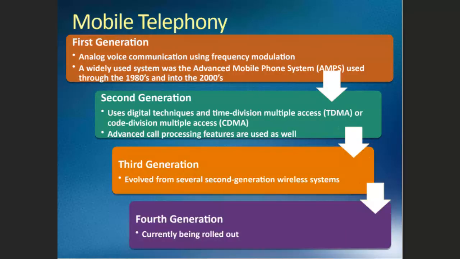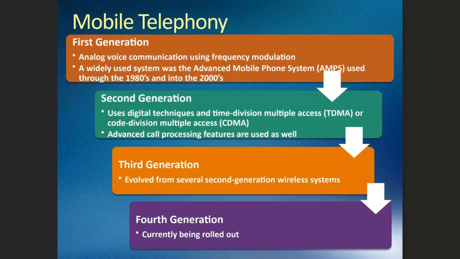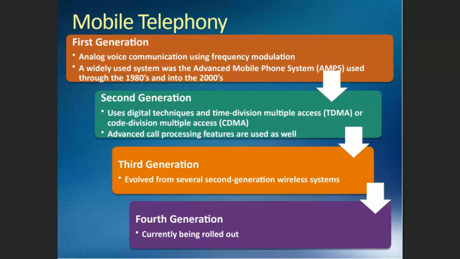We talked about the generations of cellular networks. The first generation was analog, very slow, did not support data, only voice. Then the second generation was using TDMA or CDMA. Then the third generation had data, but it was slow. Then we have the fourth generation, or 4G. Here they say it's currently being rolled out at the time of the book, but as you know, now we have 4G and even 5G.